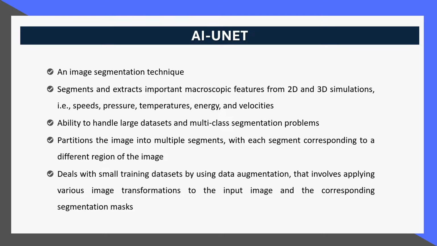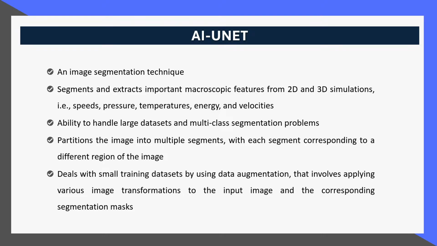Now, regarding the AI unit, it's an image segmentation technique that segments and extracts important macroscopic features from 2D and 3D simulations, i.e. speeds, pressure, temperatures, energy, velocities. It has the ability to handle large data sets and multi-class segmentation problems. It partitions the mesh into multiple segments, with each segment corresponding to a different region of the image, and deals with small training data sets by using data augmentation that involves applying various image transformations to the input image and